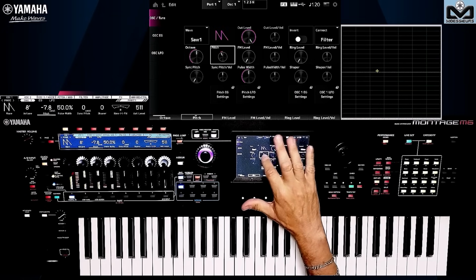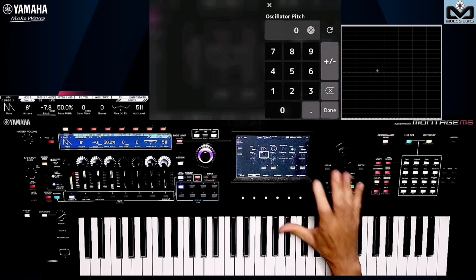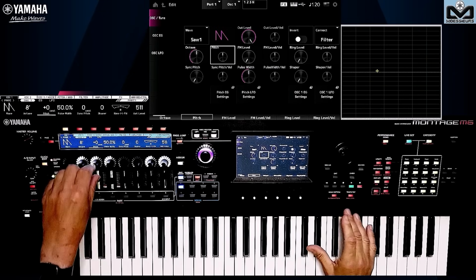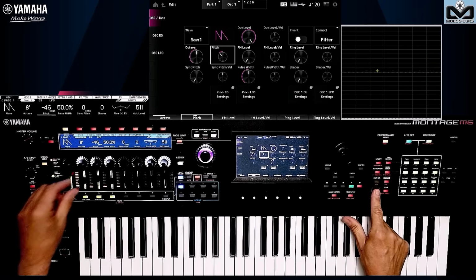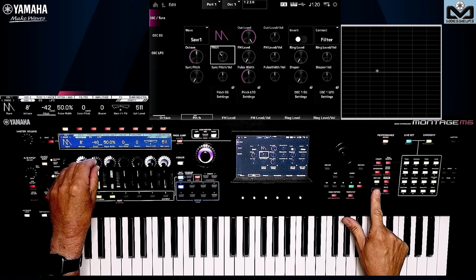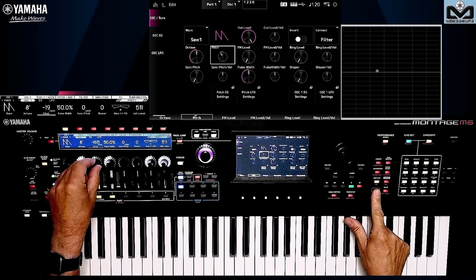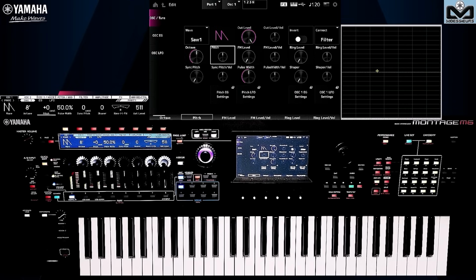You can do this: double tap to return to 0. Otherwise, the Shift button allows me to slow down the scrolling, so I can more easily reach the value I want. Here, it's even quite slow. I've reached 0. Note that double tapping is much faster for entering the value directly.